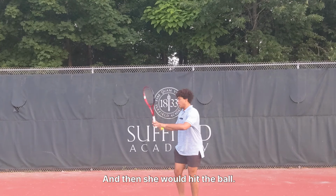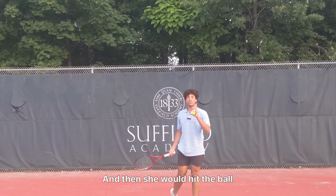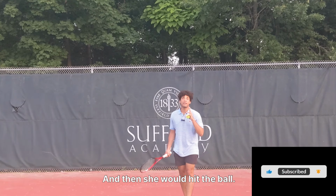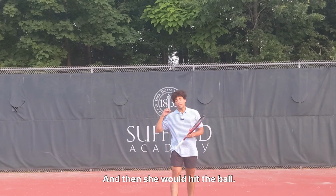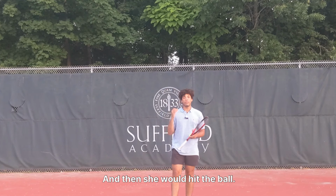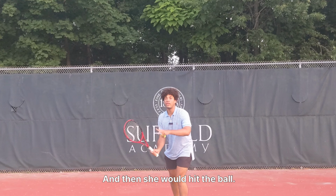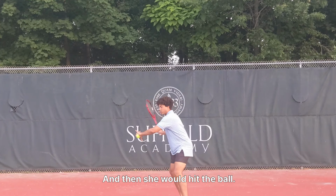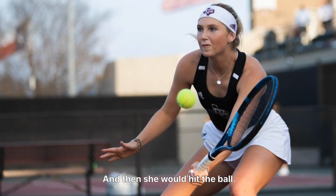So Emily kept playing from the baseline, but eventually the match was sort of starting to slip from Emily's hand, and she realized that she had to make a change. So she told herself she has to play free. She has to be brave, and she has to move into the net and try to end the point with the volleys, okay? So on the next point, when Emily got a short ball, she moved into the court, tried to finish the volley,